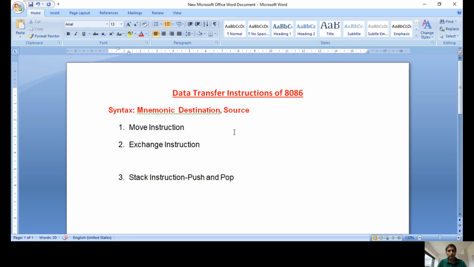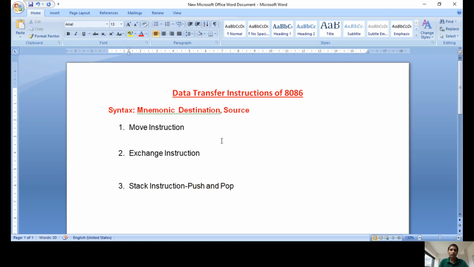Now coming to data transfer, let us see the move instruction. As the name itself says, this instruction is used to move the data from the source operand to the destination operand. We already learned different addressing modes, and in those we observed how many ways the processor can access the data. All the addressing mode instructions are related to the move instruction only. The source operand may be data, an address, a register, or an indirect register. We can write many examples related to the move instruction. Let us see some examples.